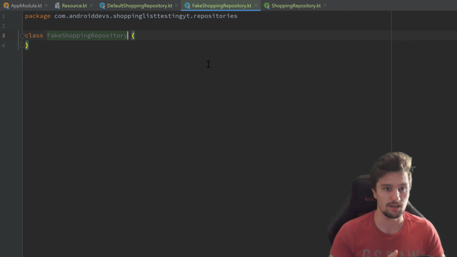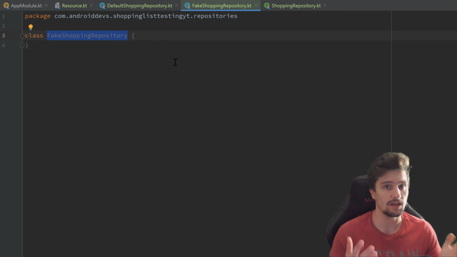So we can actually set up our repository as we want and then check if it actually does what it should do. And if this confuses you, remember, we don't write this FakeShoppingRepository class here to test our actual repository. Instead, we write it to test our view model later on. So actually, we only need a repository that we can pass to our view model constructor in our test cases. And since we don't want to create such a default shopping repository in our test cases, we need to create a fake version that basically just simulates the behavior of our real repository,